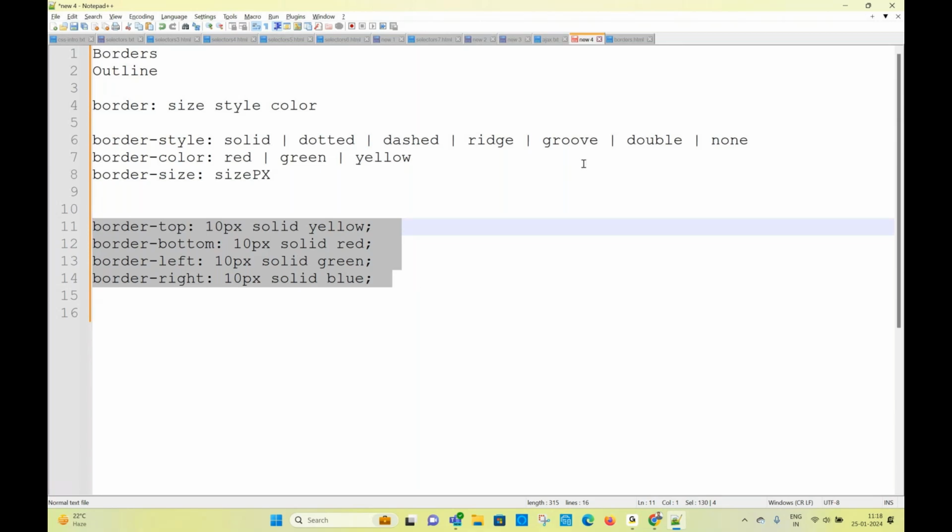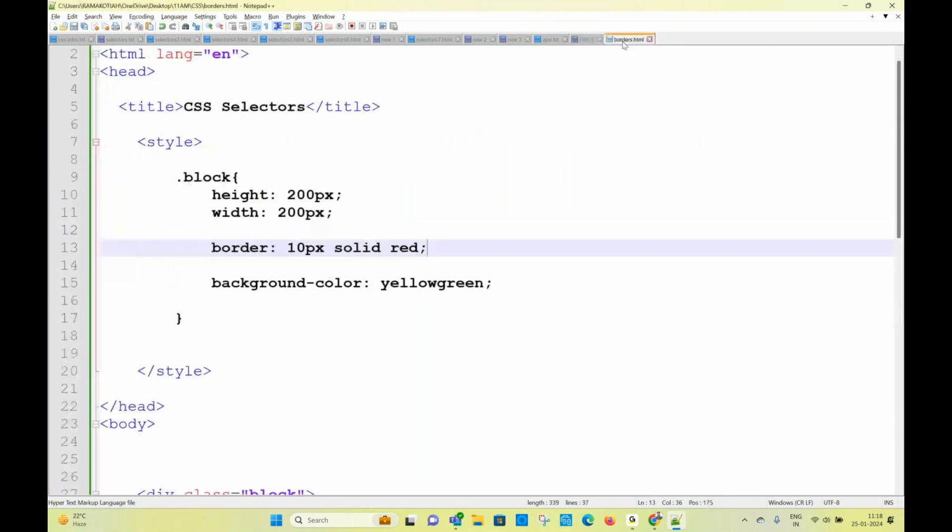Okay, right. So now I am done. This is the border property, all four sides. Okay, right. Next property,